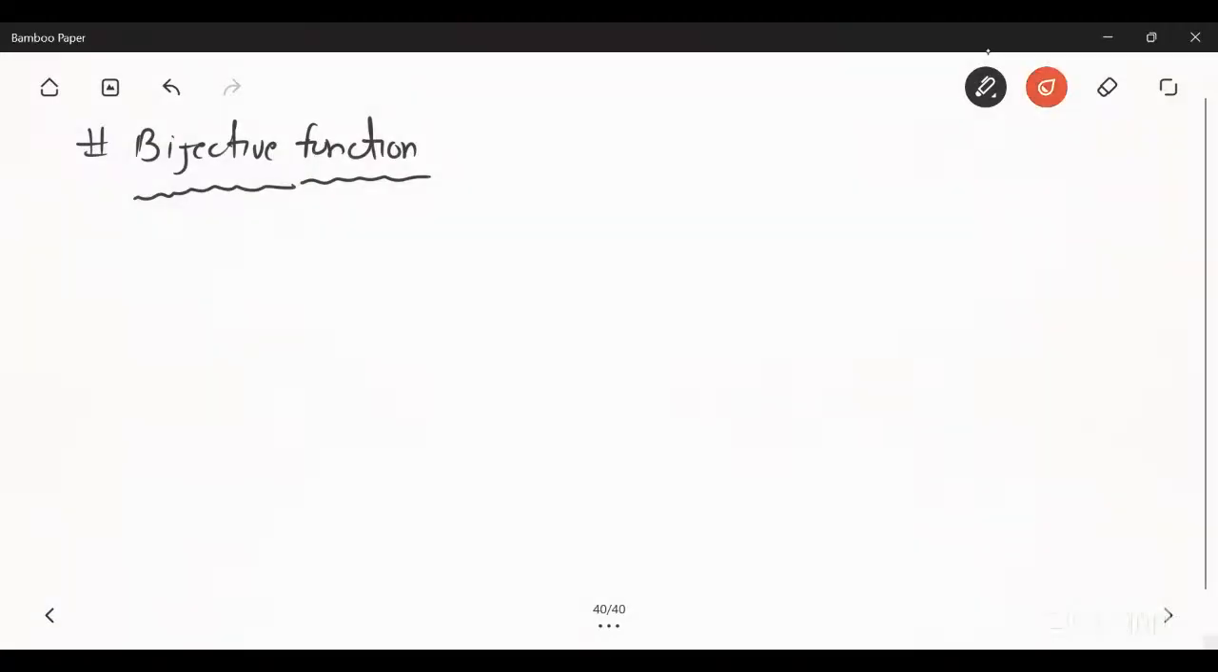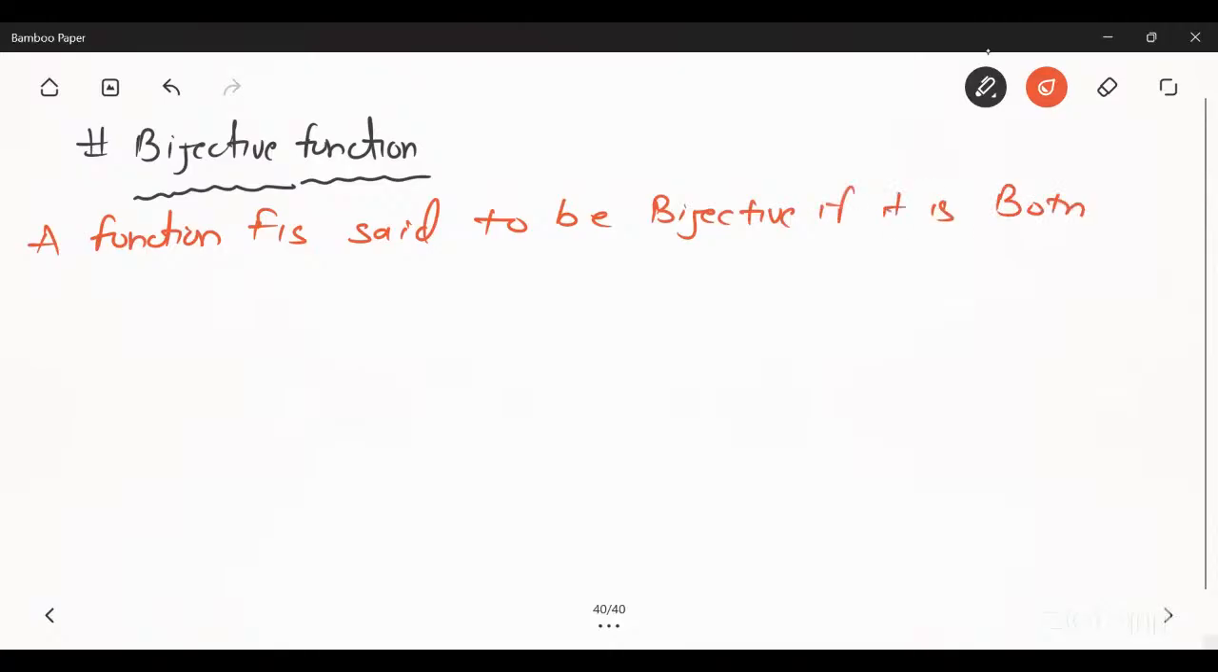So what is a bijective function? A function f is said to be bijective if it is both 1-1 and onto. That means